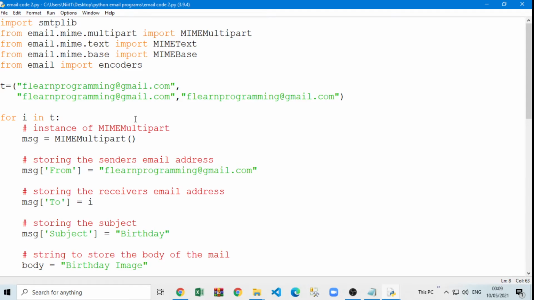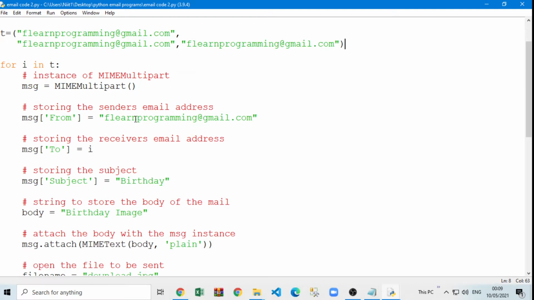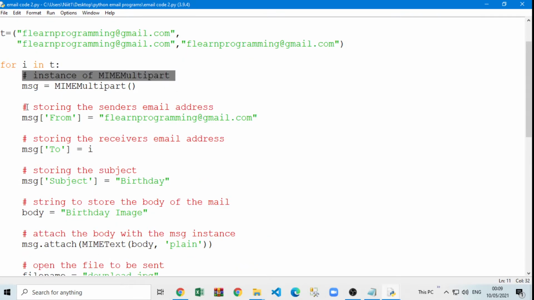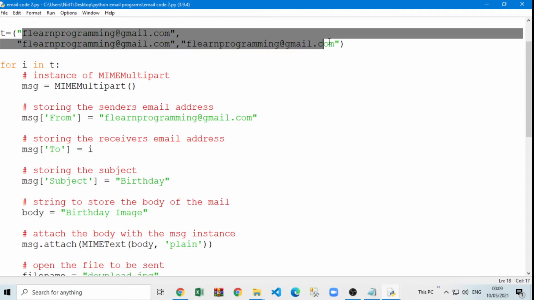And the very important part of the mail: when you send mail we also send attachments with it. You may want to send an attachment like an image, or an Excel file or something, right, in email. So yes, that is also possible. You can see here, in this email I have written some comments also, so you can understand: from my email address, to whom you are sending. So I am going to send to these emails.